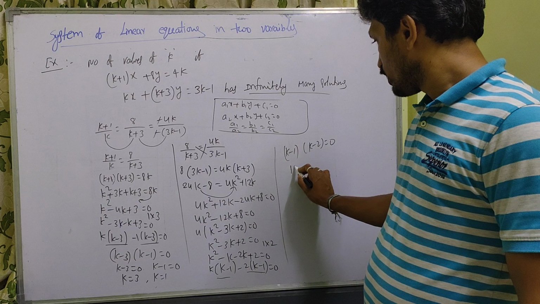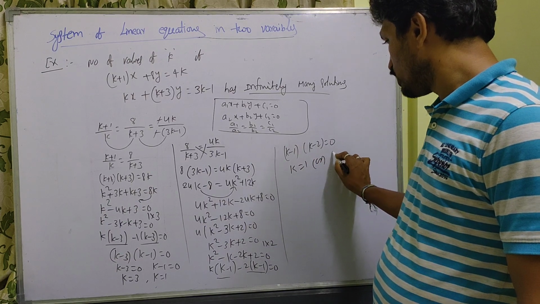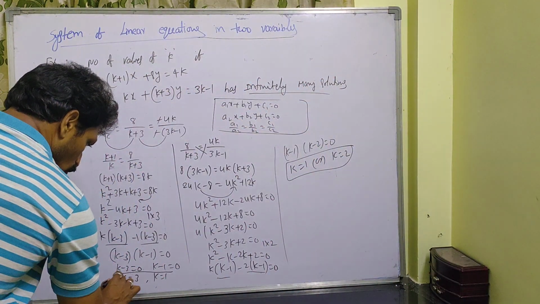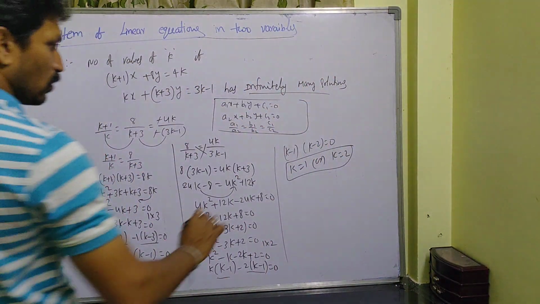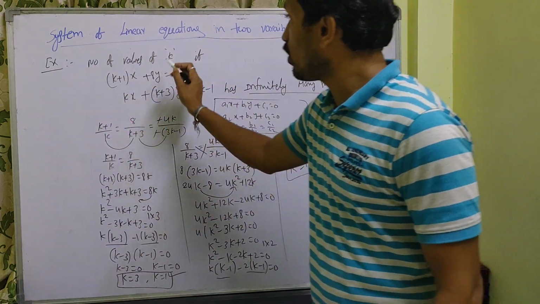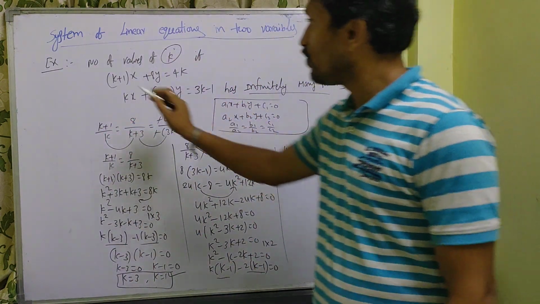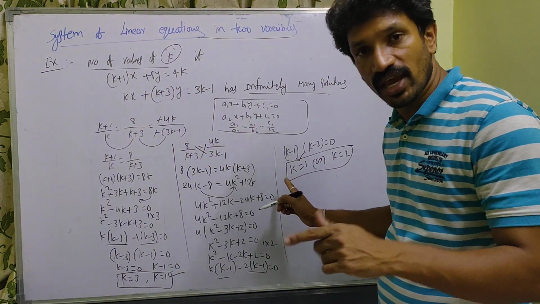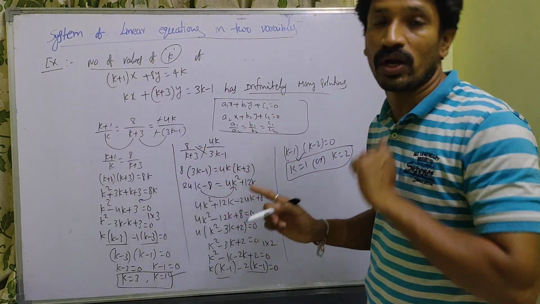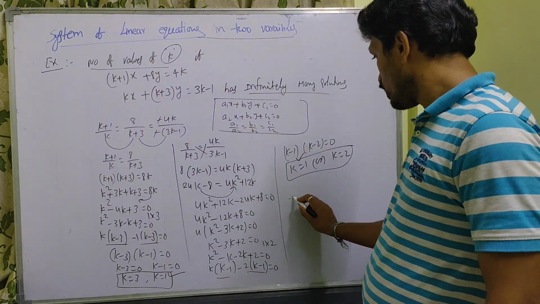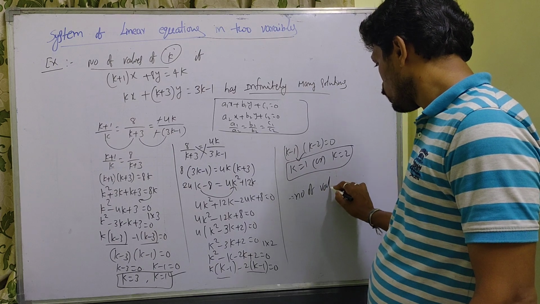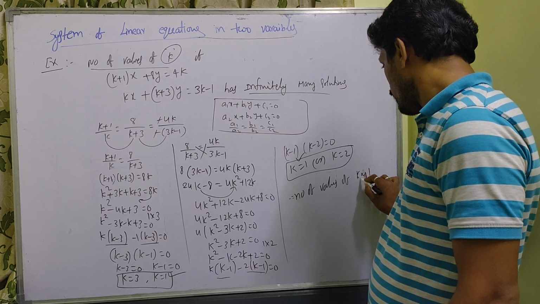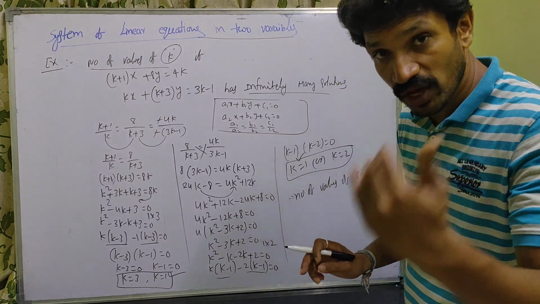So here k is equal to 1 or k is equal to 2. So from these two conditions, what is the common solution? k is equal to 1 is the solution. So he is asking the number of values of k. Actually here the answer is also 1. What is the value of k? 1. Number of values also 1 only. Okay. So number of values of k is 1 and the value of k is also 1.